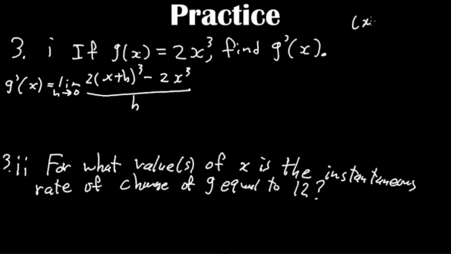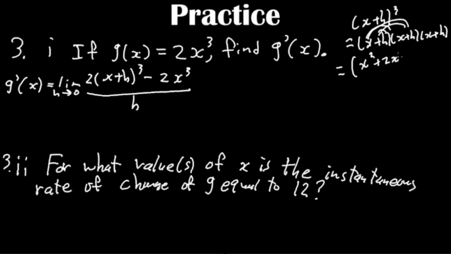So x plus h cubed, that's x plus h squared times x plus h, or x plus h times x plus h times x plus h. If we distribute this first one, we get x squared plus 2xh plus h squared. That's what we got before, times x plus h. And if we distribute once more, it's going to be a bit bigger. If we distribute once more, we get x cubed